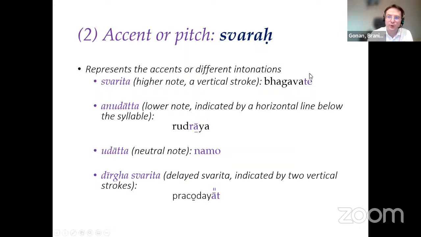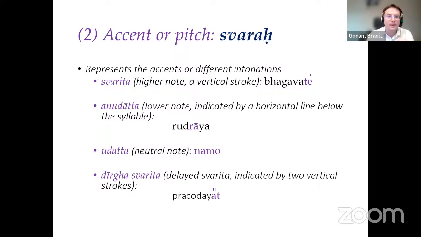You see, vertical line or stroke. So we have 3 different accents. This svarita is the higher note. So bha, ga, va, those 3 syllables are middle tones, and te is up, right? So it is bhagavate,